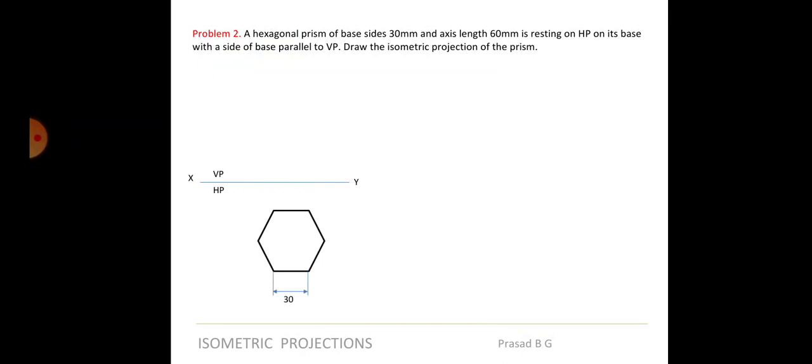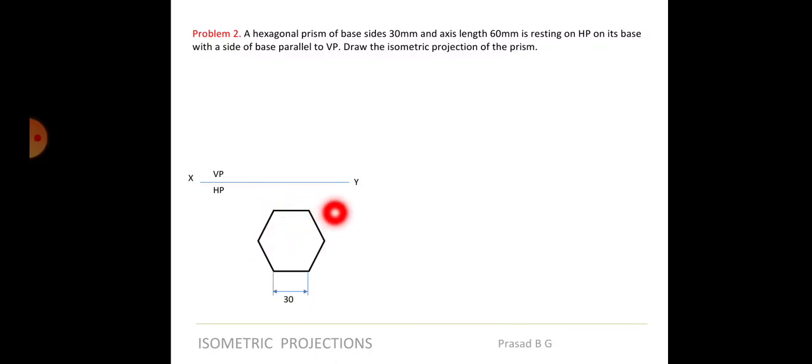So you have to start with corner condition. That means, as per the question, they are saying that one of the edges, let's take this edge, is parallel, no? And this edge as well. So these edges are parallel to VP, isn't it? This is not parallel to VP, this is not parallel to VP, but one of the edges is parallel to VP. So we have to do it in corner.